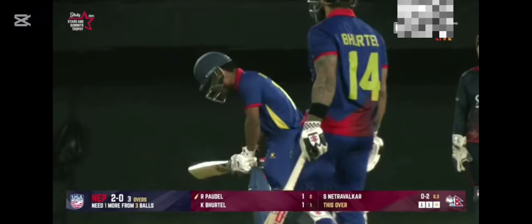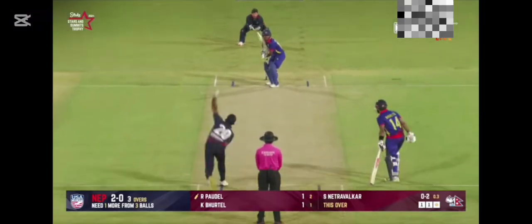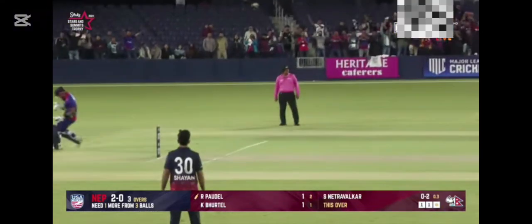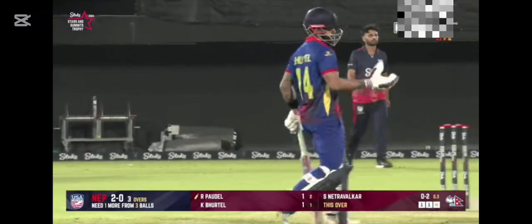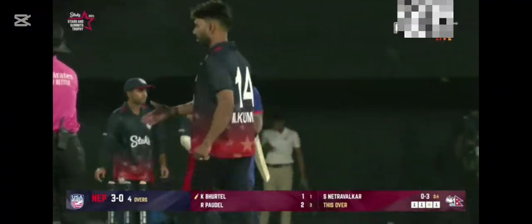USA need 2 wickets from one of their heroes of the World Cup, Saurabh Netravalkar, or 3 miraculous dots. And Paudel guides it away and gets the single. And Nepal get the victory. They take an unassailable 2-0 series lead, much to the delight of the thousands of fans who've packed this Grand